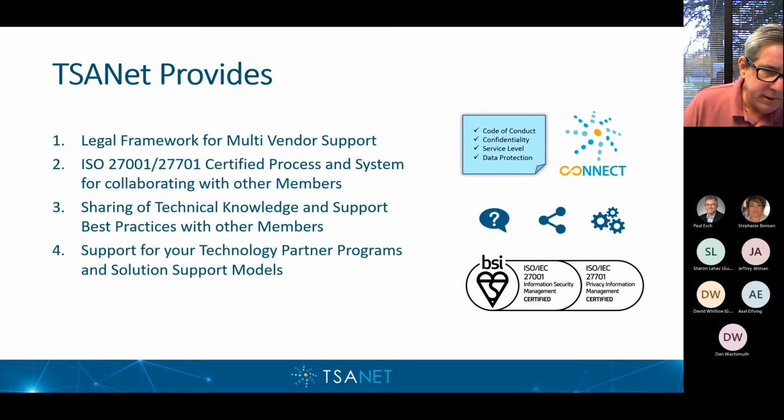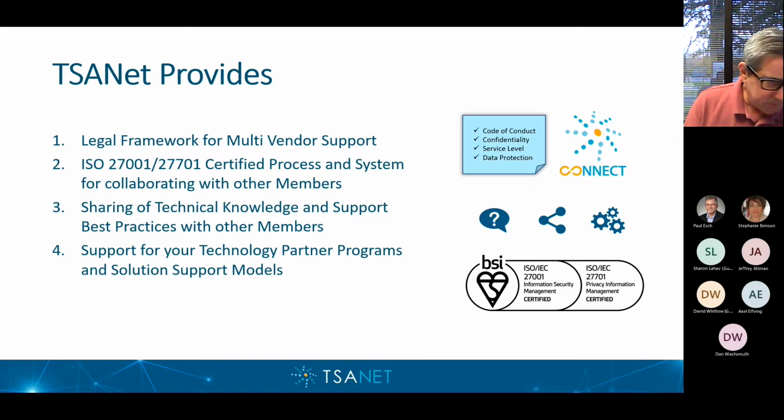The other thing that we mentioned here, and this is relatively new, is that a lot of you on this call have been members of TSANet for quite some time, but we started this thing called Technical Knowledge Exchange. It's where a member company comes in and talks about a pretty engineer-specific or very technology-oriented process, so it's really targeted toward the engineers. We also have some best practices for other members regarding the overall piece of collaboration and multi-vendor support. This is something that as a limited member, you have access to be a part of, and we'll show you where that's at in just a minute.